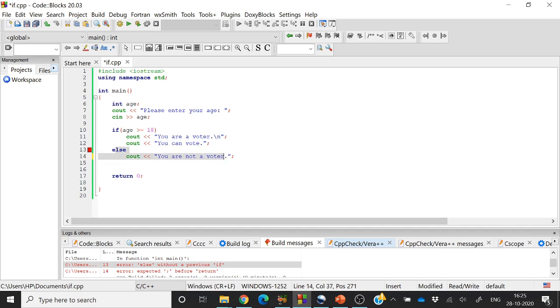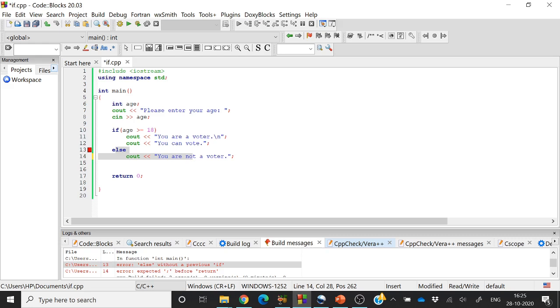An else statement never occurs independently in any program. It is always associated with an if, but here there is no if nearby. This if ends here, there is another statement in between, then we are starting an else. So the compiler is thinking that this else is not associated with any if, so it is showing us an error that there is an else without a previous if.